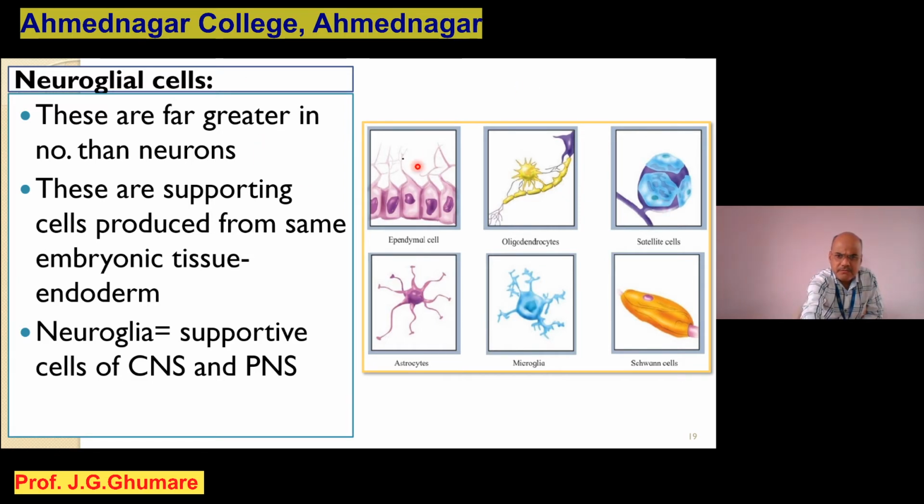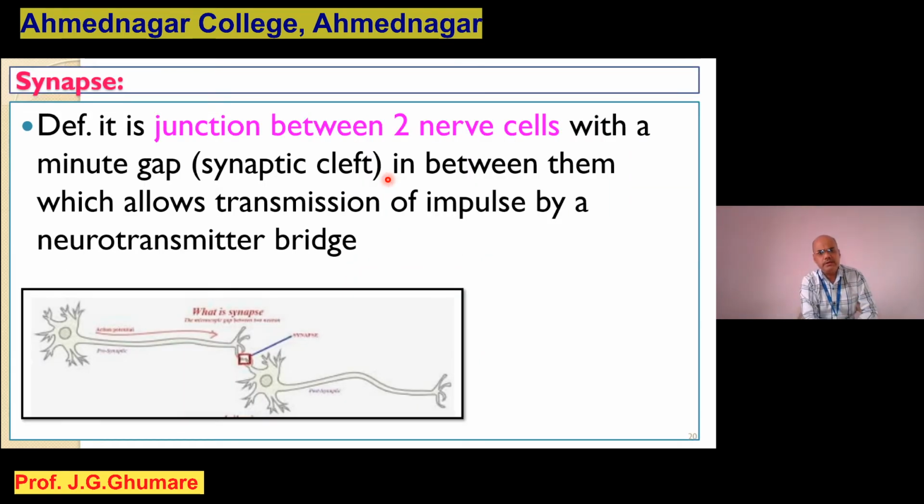Ependyma cells are the ones which, no doubt, help the central nervous system. Additionally, they produce the cerebrospinal fluid, which we are going to discuss in detail. That's it. This is something about neuroglial cell, the ones which are supportive type of cell. Six types are there that I told you. Next, before we go into the details, we'll study the junction between two neurons, and this is called as